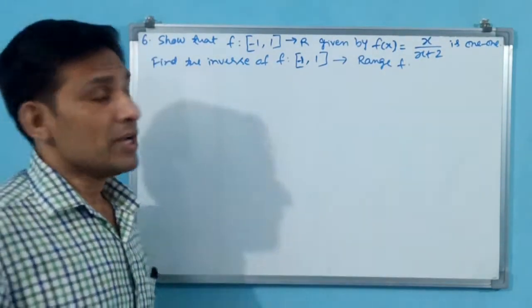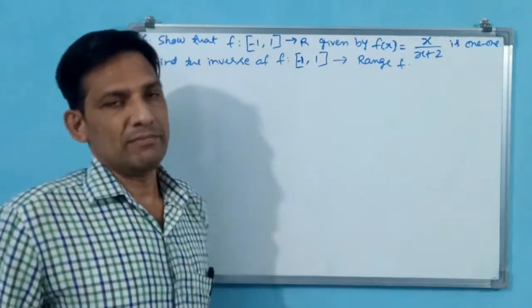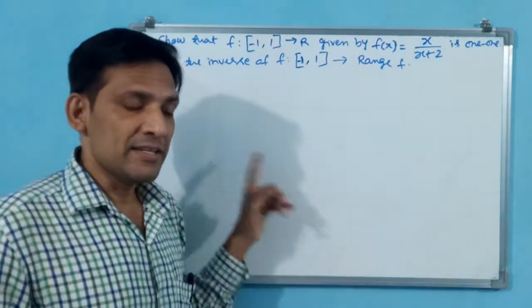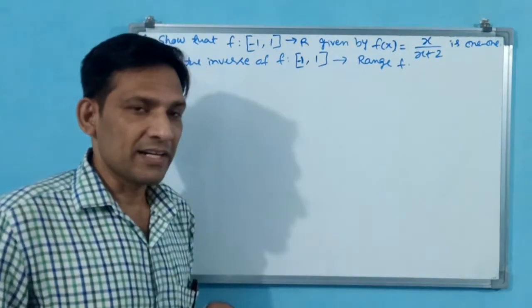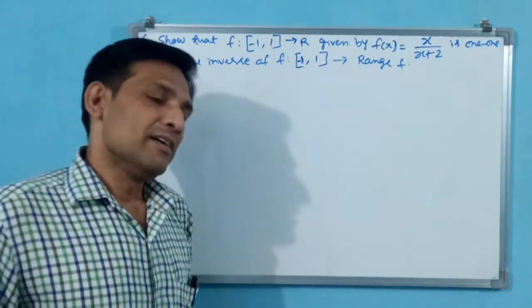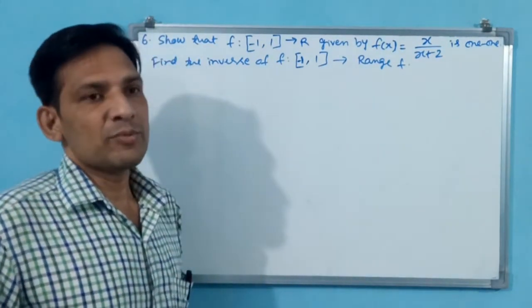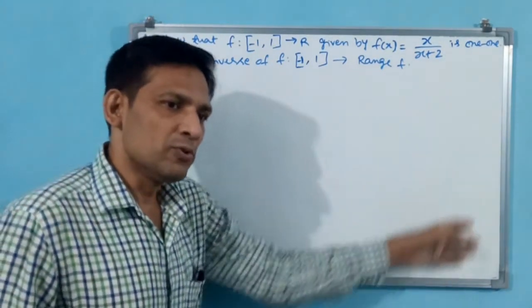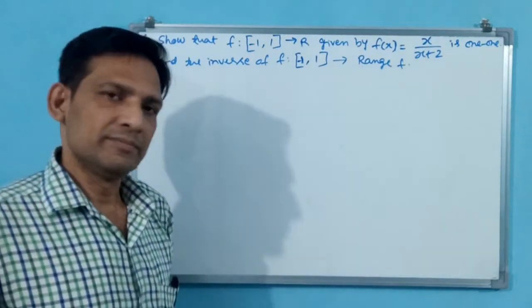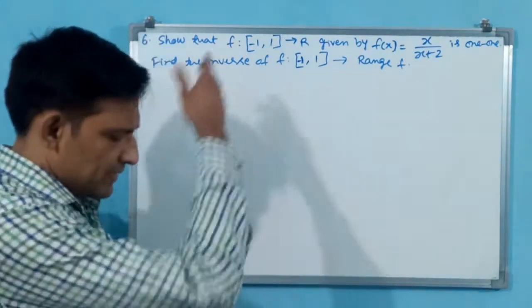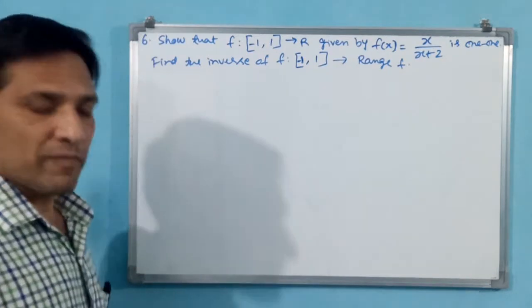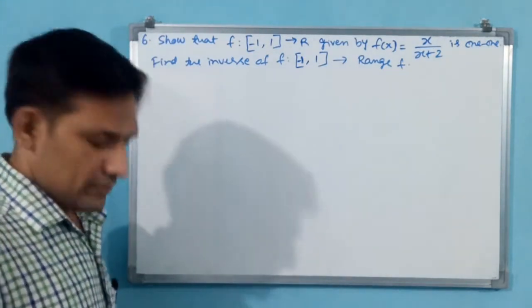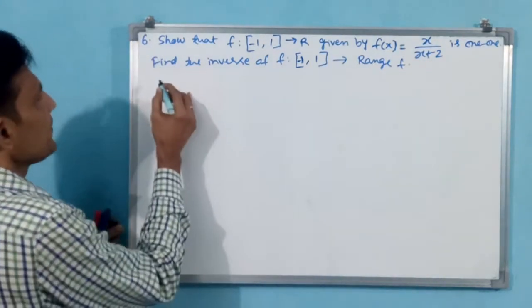Now, first we have to prove that this function is one-one. Next, find the inverse of f. Here he has not asked whether it is invertible or not. Directly, whether it is invertible or not we don't write, but we will do f o g of x, g o f of x, f o g of y, and we will write g as the inverse. First let us see how we are going to show the one-one function. Same standard procedure only.